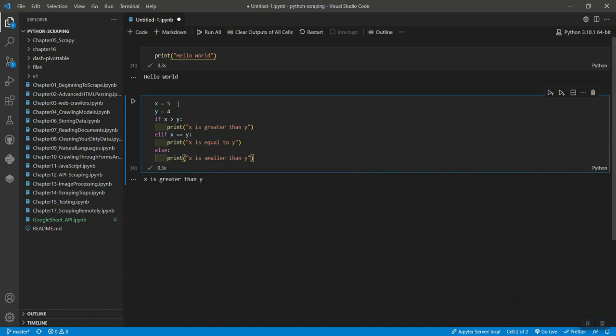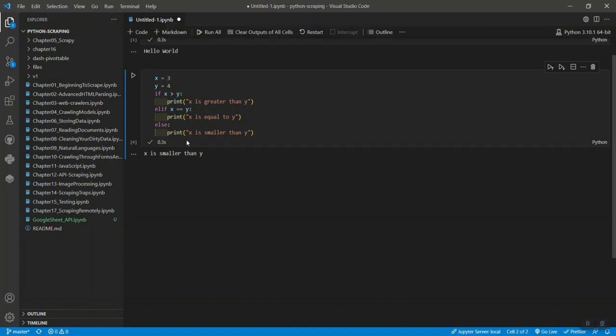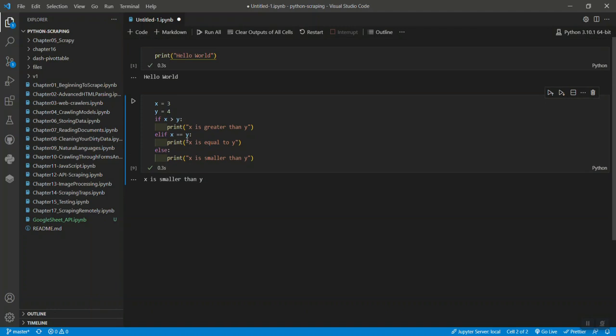If I change x to a lower value, say 3, this condition gets fulfilled. You can see how we can work with conditional statements in Python as well as use variables, and it's very easy and takes a lot less time, I would say, in comparison to other programming languages.